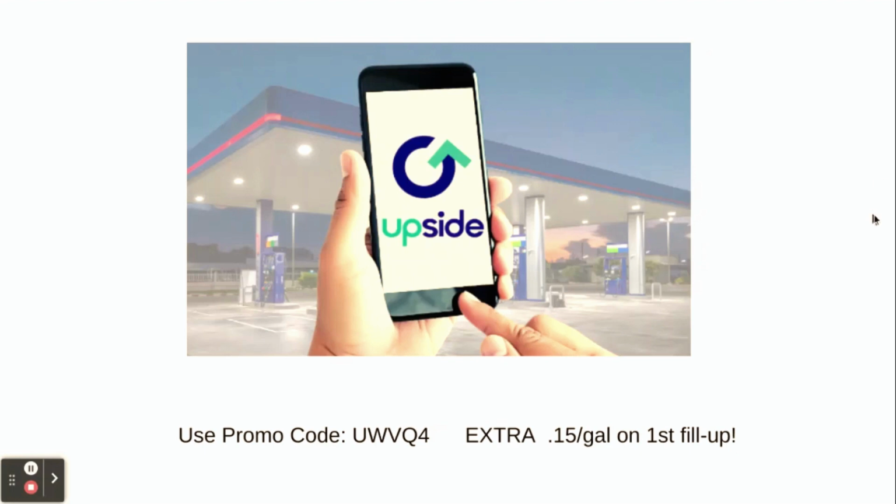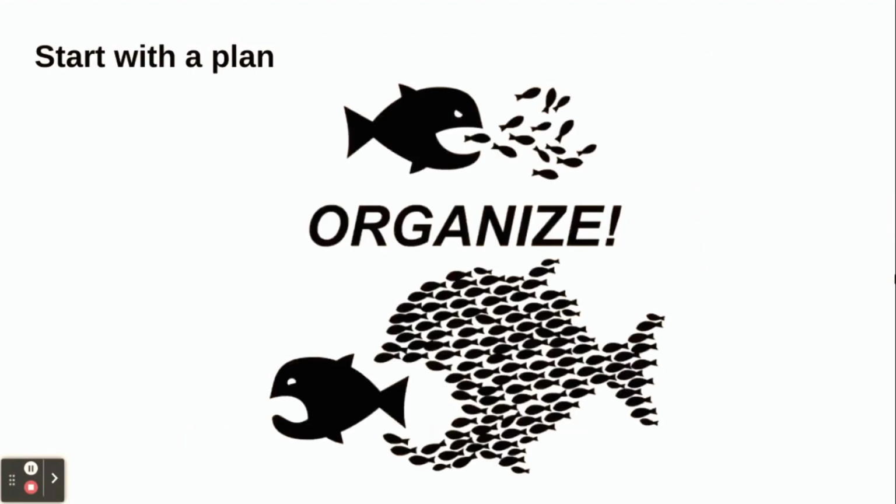Okay, let's get into talking about revisions. So with revisions, a lot of times people think about revisions. They write, and then make their revisions and think that that's somehow going to wave a magic wand and make it better because they're doing revisions. You need to at least start with a plan. What is this essay going to look like? How's it going to be organized? How are your thoughts going to flow? Because if you don't, then it's kind of all over the place and you're going to lose some of those valuable points on your essays.